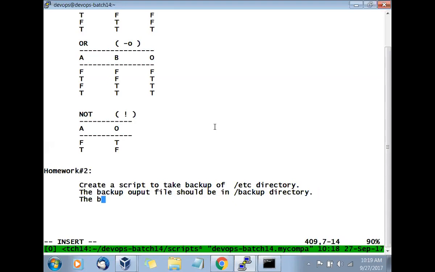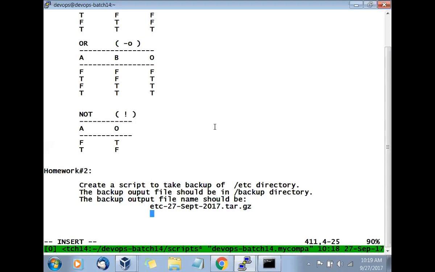The backup output file name should be, so today is the 27th, etc 27 September 2017.tar.gz.